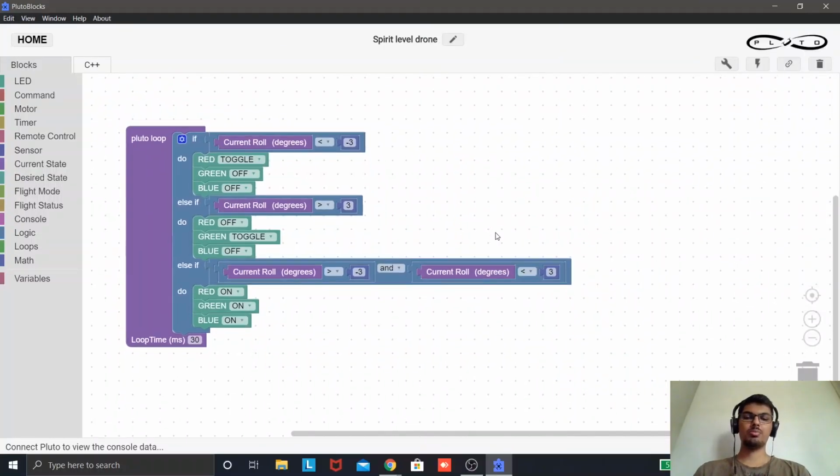So this spirit level makes a great project for you guys. You can use this as a typical spirit level, or you can develop a fun game. So what you can do is you can hold the drone in your hand and see who holds it the most stable. So if I hold it like this, and if I am wobbling it, the LED color is going to change.